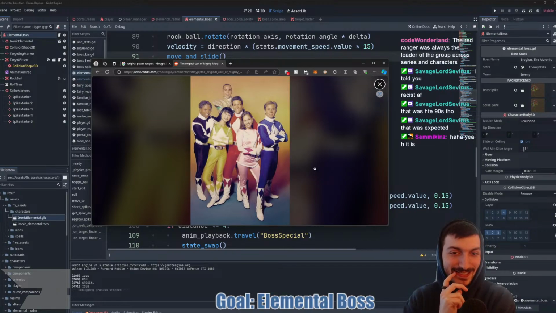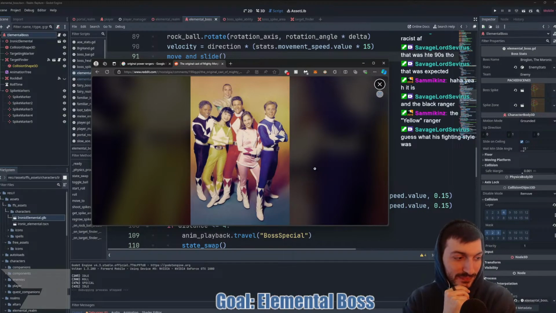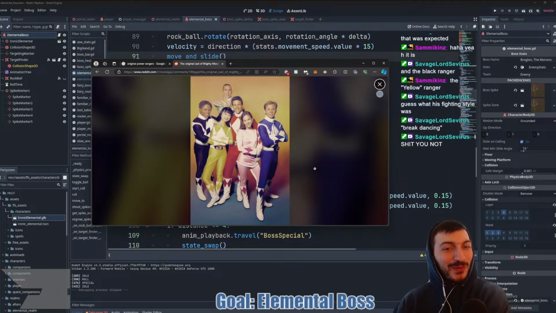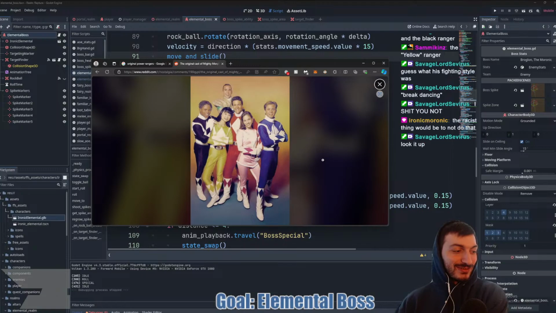Wow. Guess what his fighting style was? Breakdancing? No, it was not. No way. The racist thing would be not to do that.